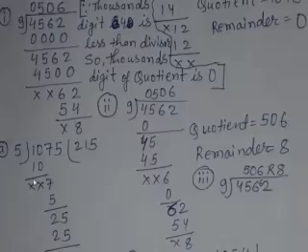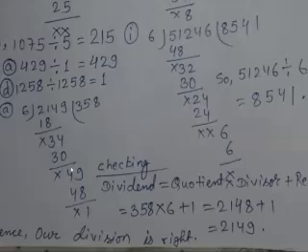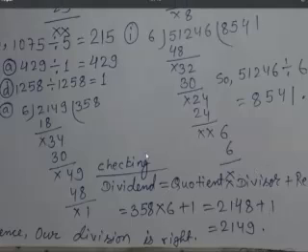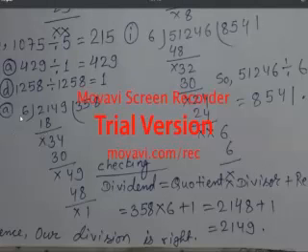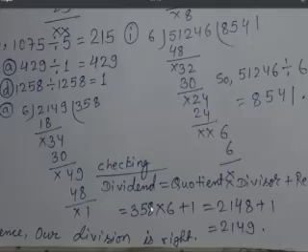You can see here question number 4 has been done, and even below it has been checked also. At first we had divided: 6 3s are 18, 3 and 4 is 34, 6 5s are 30, 4 and 9 is 49, and 6 8s are 48, and 1 is the remainder. Now for checking, what we should do: dividend is equal to quotient into divisor plus remainder. So the quotient should be multiplied with the divisor. Quotient is 358, divisor is 6, so 358 into 6, and remainder is 1.